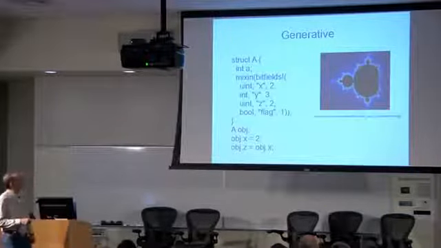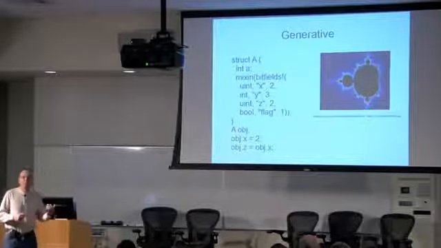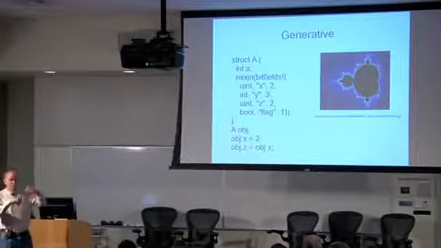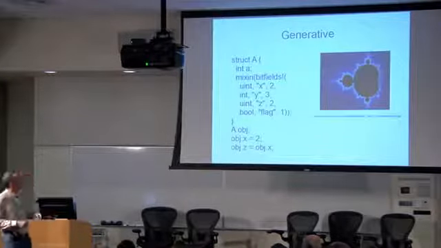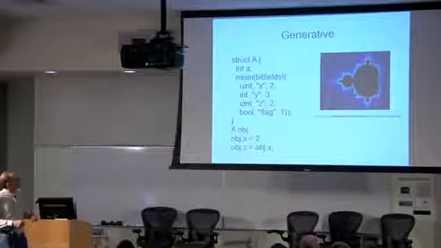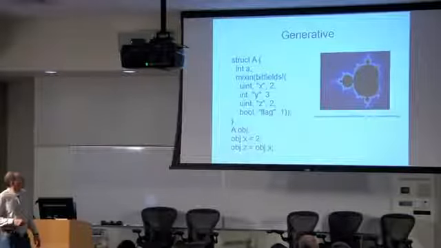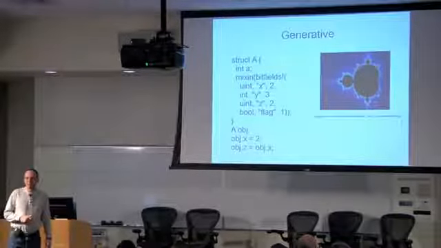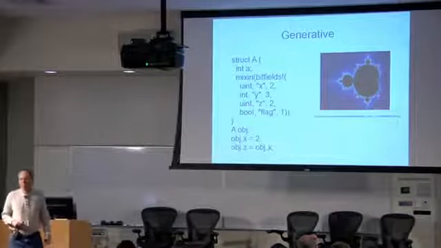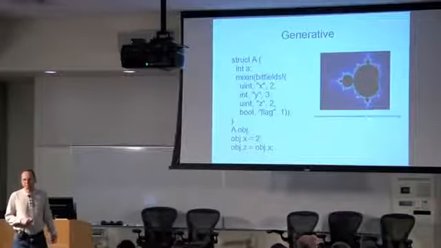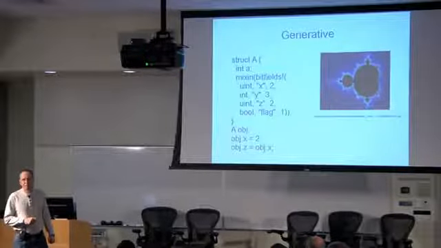It generates a string literal, and what the mixin statement does is tell the compiler, take this string literal and insert it into the code at that point and compile it as if it was typed in there. And so then we can declare an object of type A, and we can use the bit fields just as we would in C. So this is an example of using generative programming to add a feature to the language that doesn't exist in the language. It is not a macro language.